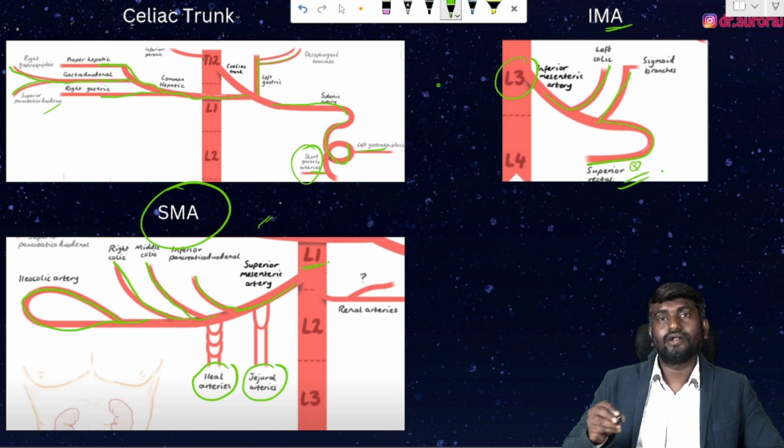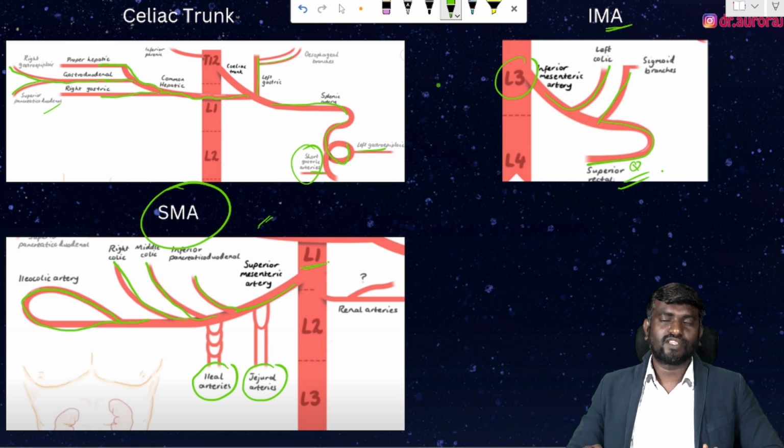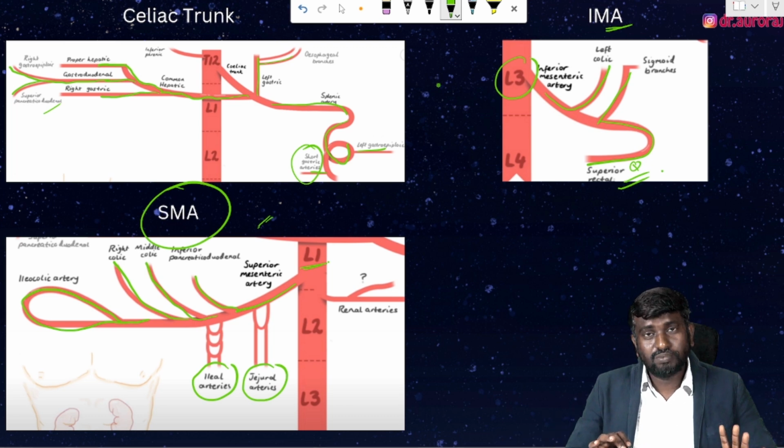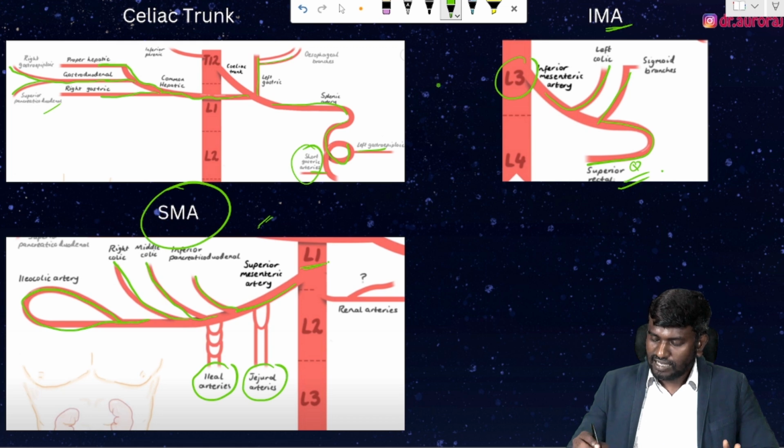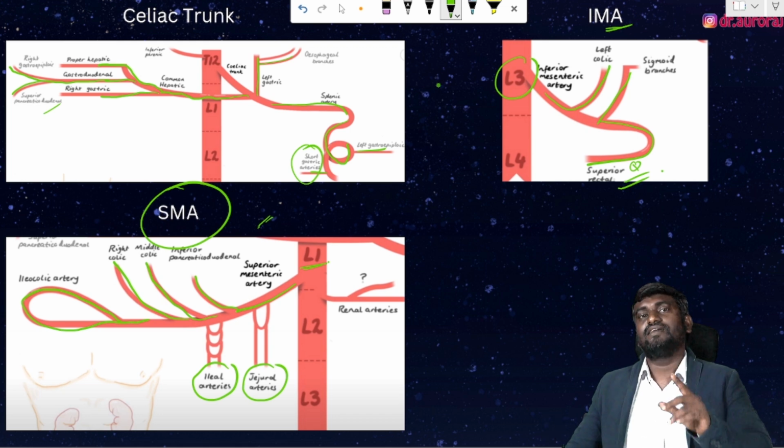Kindly take a paper and draw it. You will get it eventually. If you just keep on mugging up, it is not going to help you at all. Kindly take a paper and try to draw the branches of the arteries and it will be in your mind